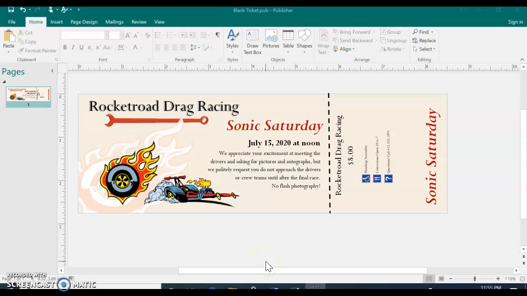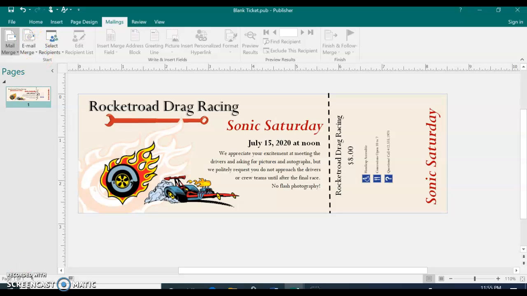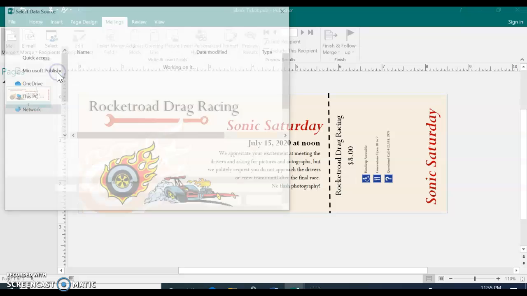So we're going to finish up on the ticket by putting the seat location so that it's both on the main ticket and the perforated ticket. So what we want to do is merge this so that every ticket has a specific seat placement. So the first thing we'll do is click Mailings, and then you'll choose Select Recipients, choose an existing list,